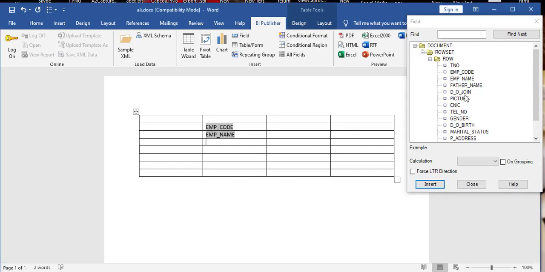Now I'm inserting father name. Now I'm assigning date of joining. Now I'm assigning CNIC. Now I'm assigning telephone number.